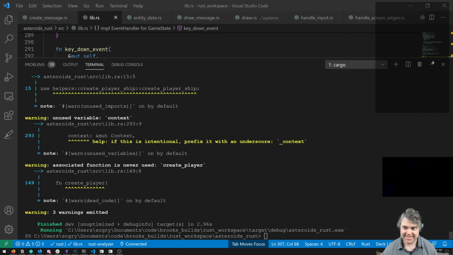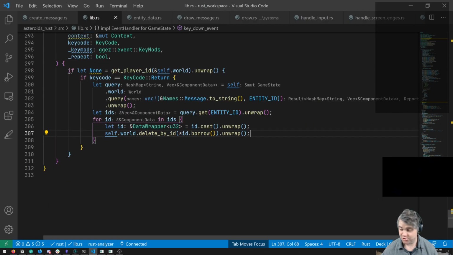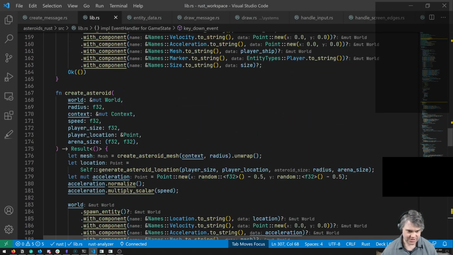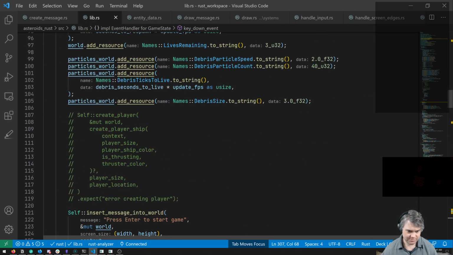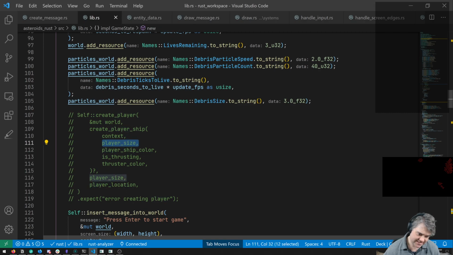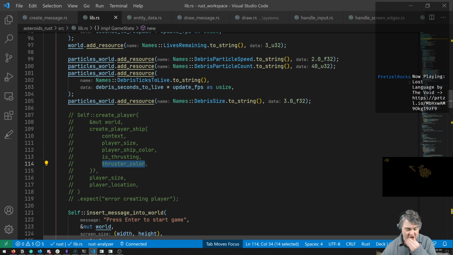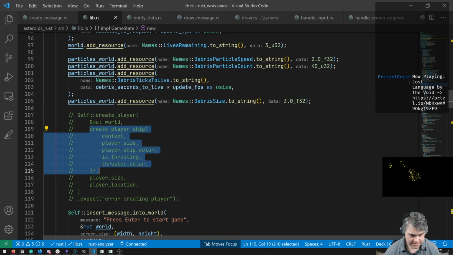Excellent. And then I want to create the player. So we have this entire create player here. Now we have to pass it the context, the player size, the player ship color, the is thrusting, and the thruster color. Oh no, we have to create the player ship.